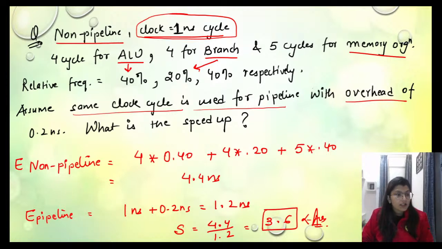ये बात समझ में आई कैसे किया ये वाला? So if they have just simply given us the frequencies of the operations with the cycle, कि कितने साइकिल में कितनी फ्रीक्वेंसी में वो ऑपरेशन हो रहे हैं, विद दैट ऑल्सो वी कैन कैलकुलेट द एग्जीक्यूशन टाइम ऑफ नॉन पाइपलाइन एंड पाइपलाइन।